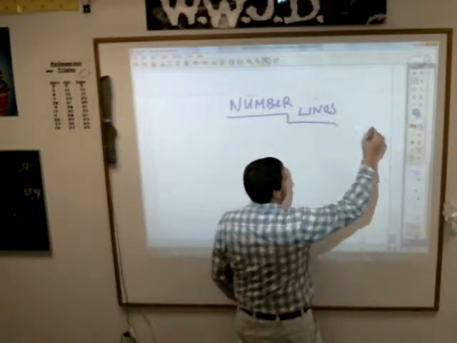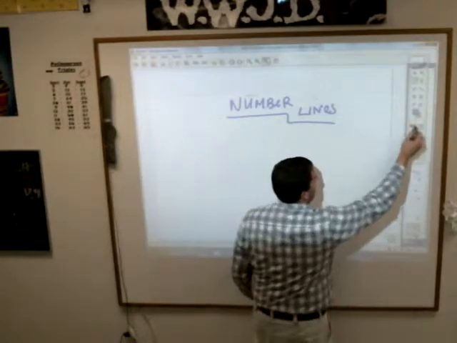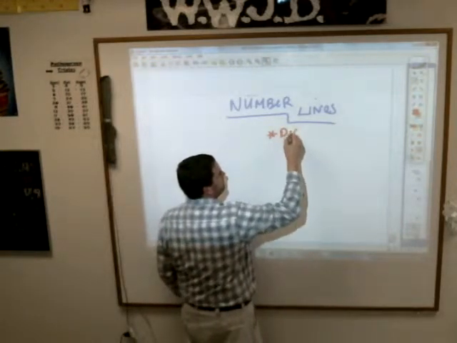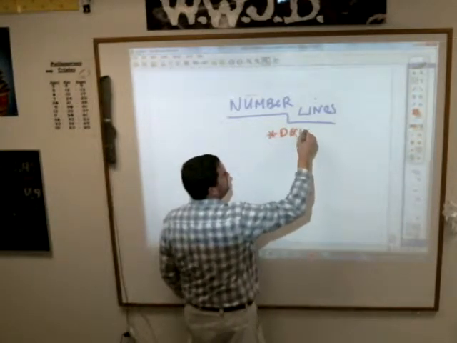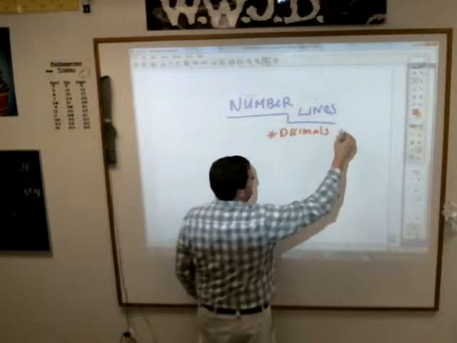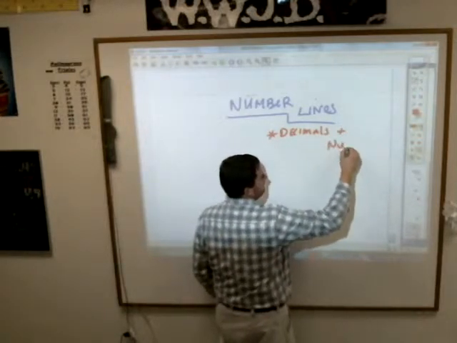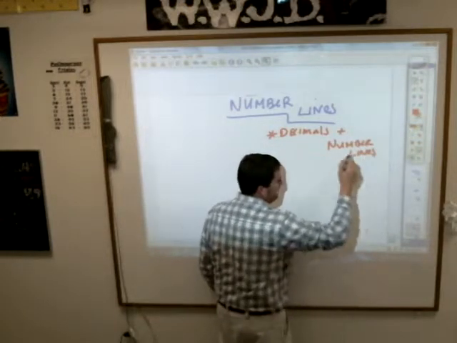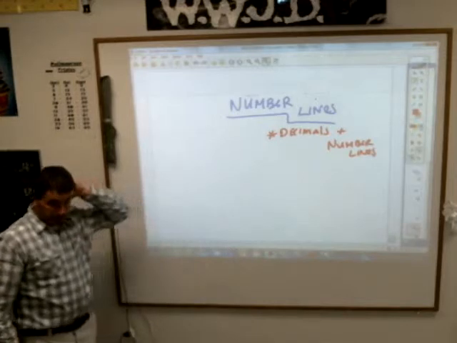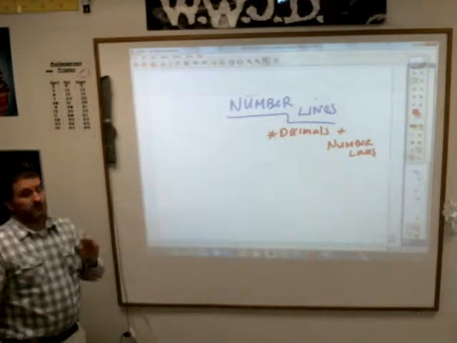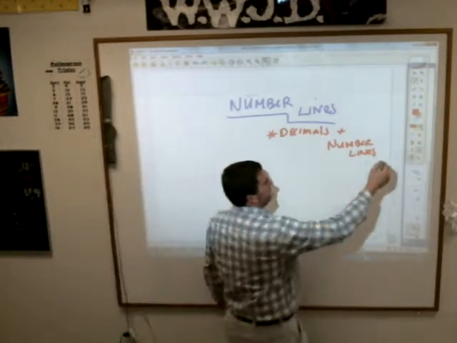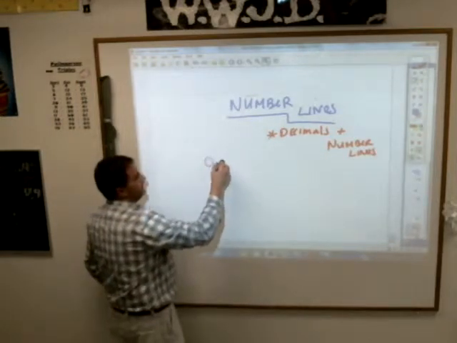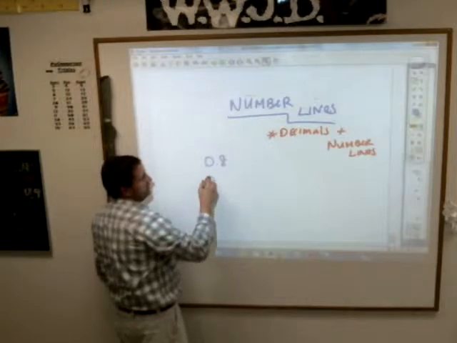This little thing about number lines actually talks about using decimals with number lines. Decimals and number lines. It can be confusing for some people. What you have to remember here is that when we talk about decimal numbers, let's say I'm talking about either 0.8 or maybe